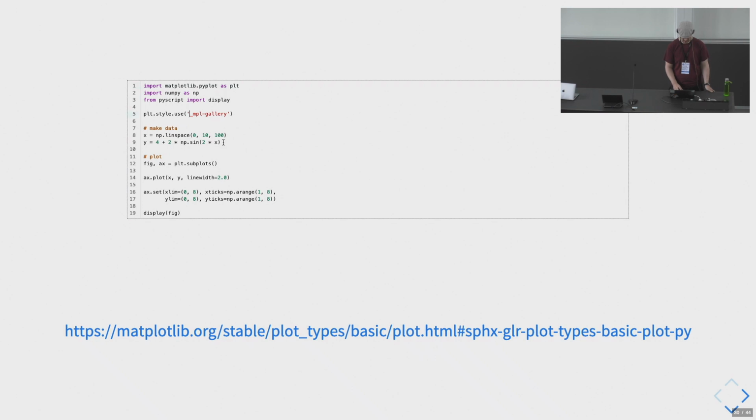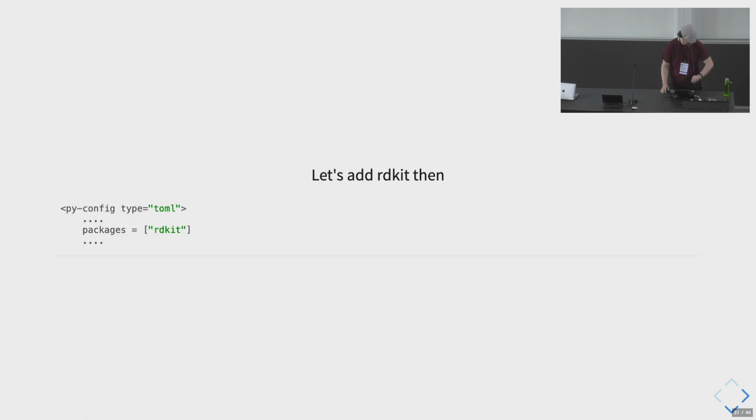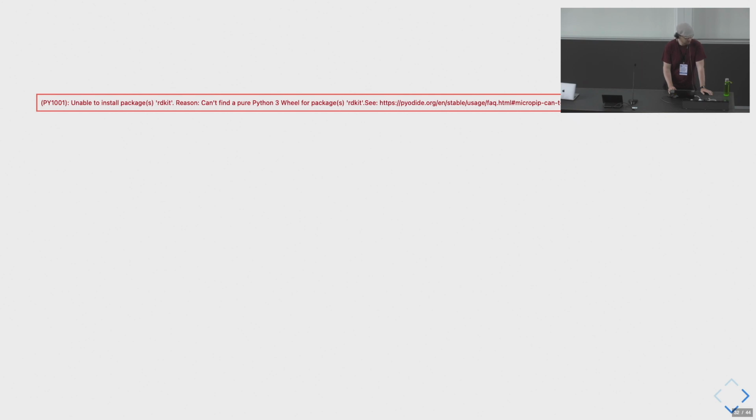And here I have an example from Matplotlib that draws plots, and this is a REPL, so I can directly in the presentation change it to, for instance, cosine, and this would work. Well, sure, we don't have much time, so let's add rdkit, right? It's on PyPI for a couple of years now. Why not? Well, it won't work for now because